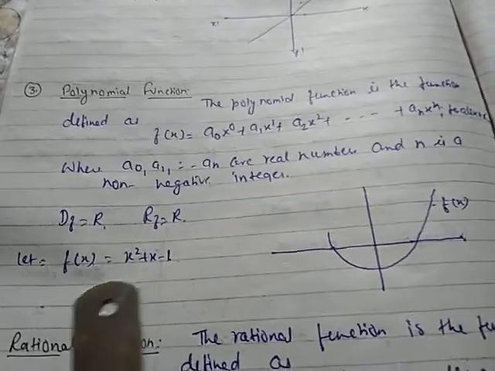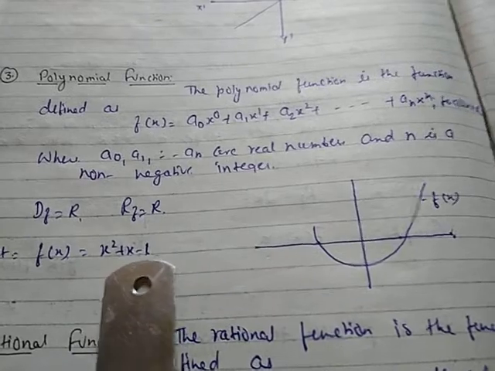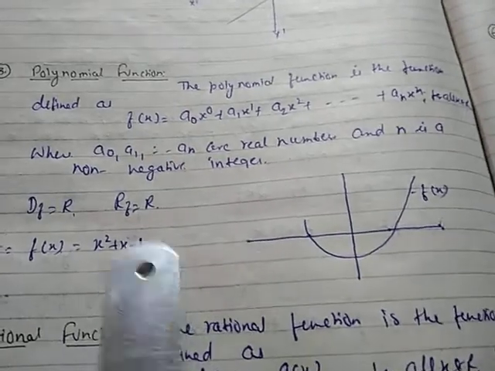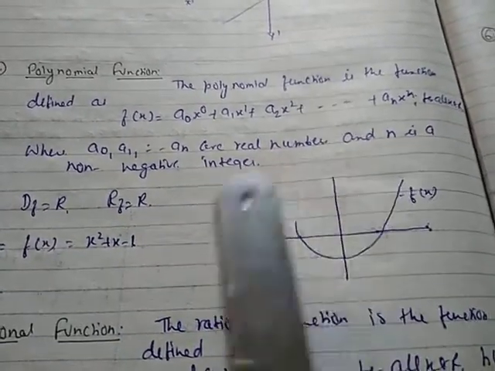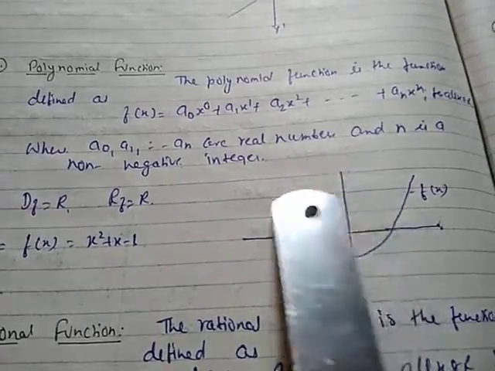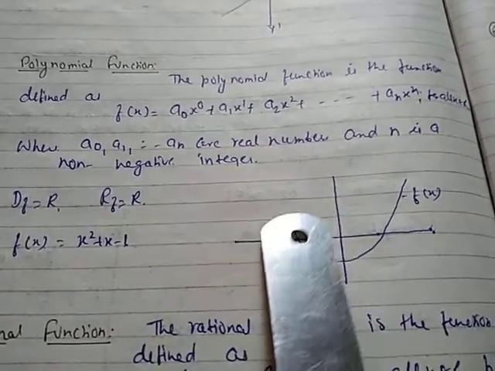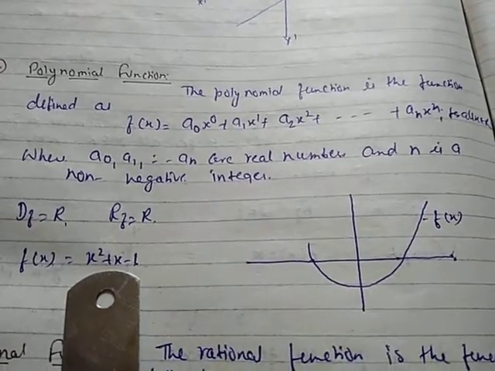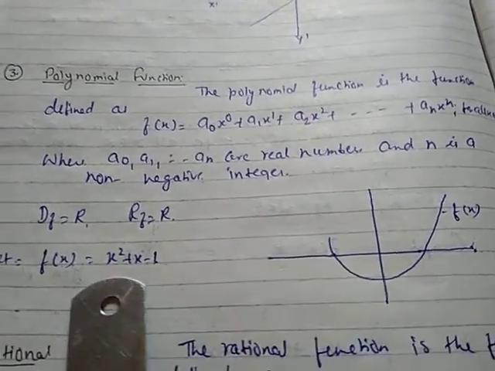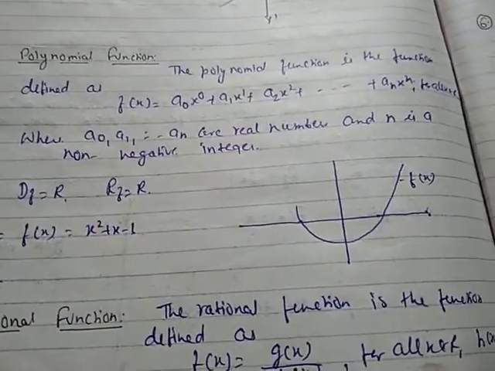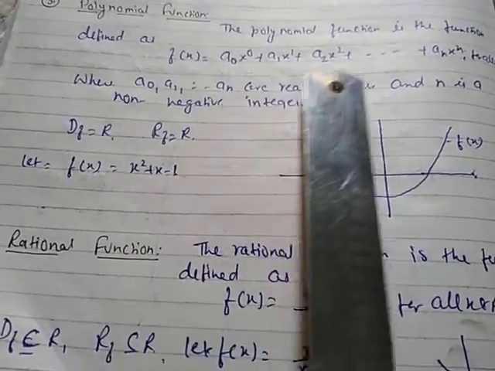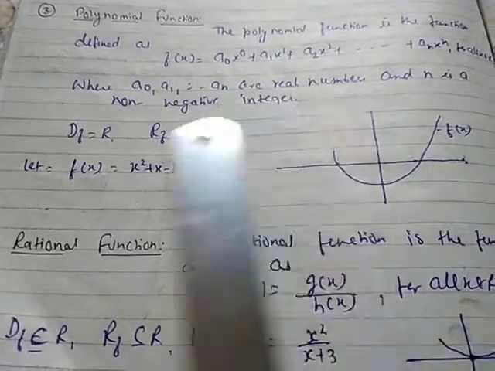Here I have taken one example, f(x) = x^2 + x - 1. To draw the graph, you only need to put the value of x, get y and plot the points on the Cartesian plane. Okay, so this way you will get this kind of graph. This is your f(x) of this function. So this is your polynomial function and this is your quadratic. The example here is quadratic. You can take n = 3 also, whatever you want, and you can plot the graph. Rational function.